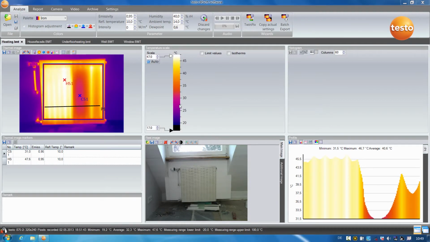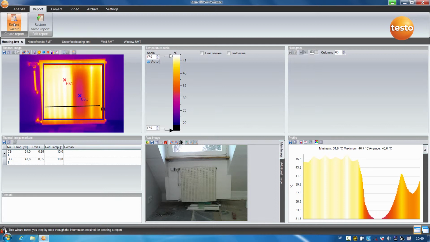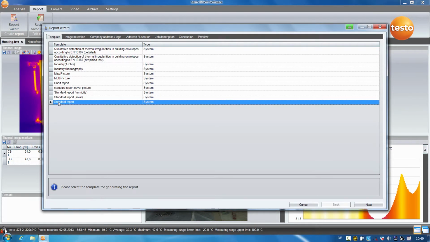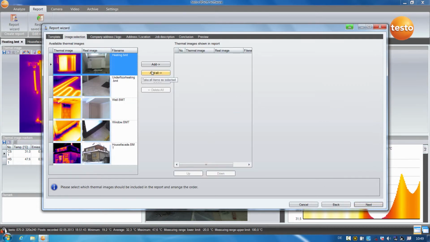I will now document the processed thermal images in a report together with other images which have been made. To do this, I select the report, go to the report wizard and select a standard report from the numerous templates. I add all images,